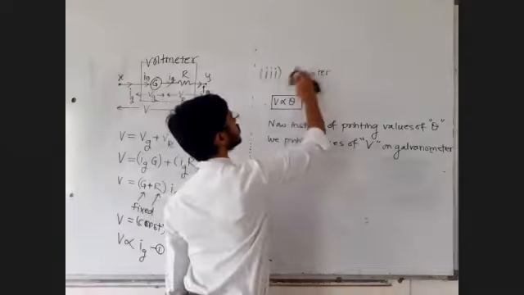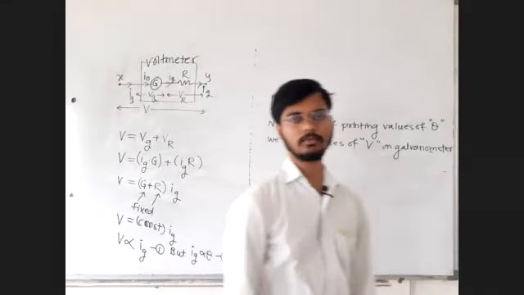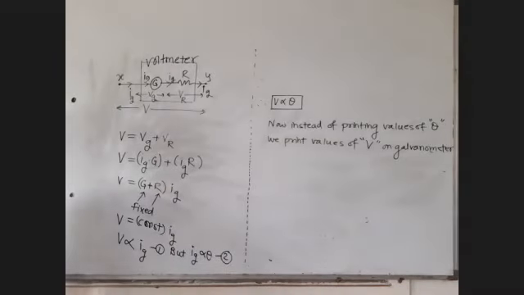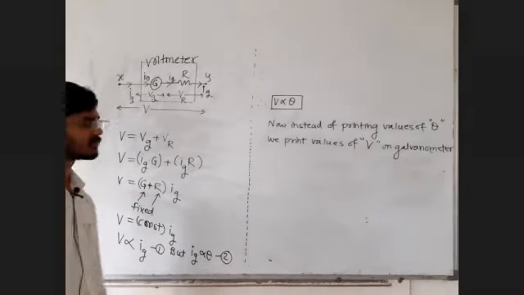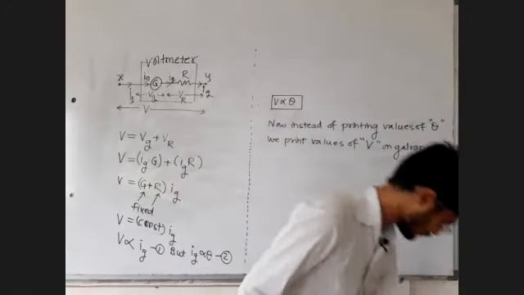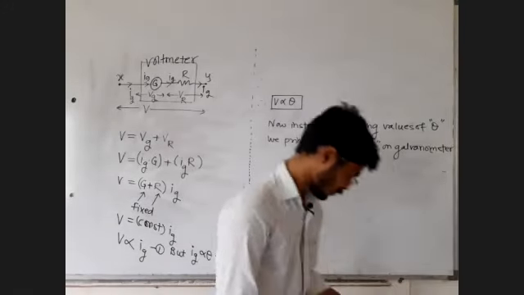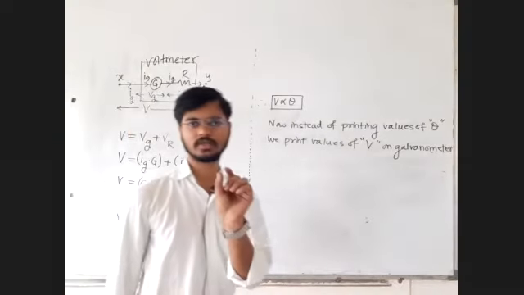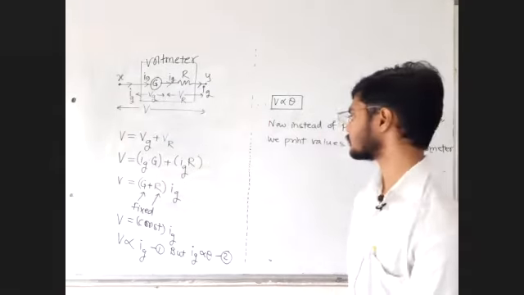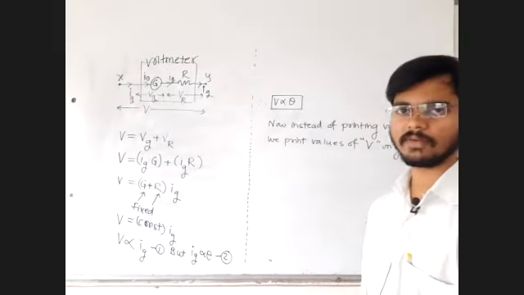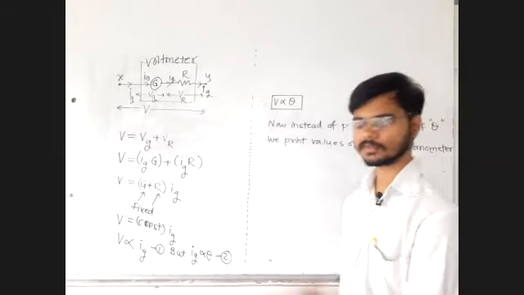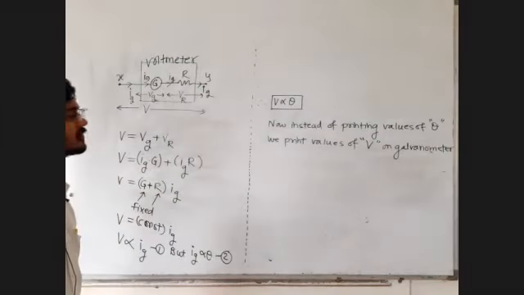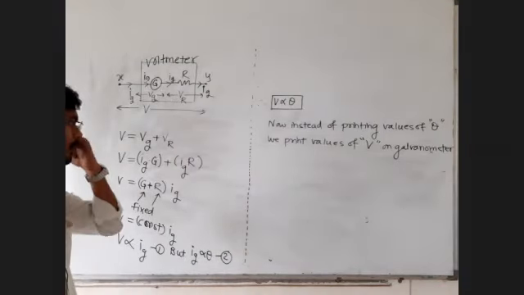Interesting, no? A small device, the galvanometer, is performing so many tasks. Look at how much work such a small thing does. The galvanometer can fit in your hand, a very small device, but it is capable of measuring voltages also.